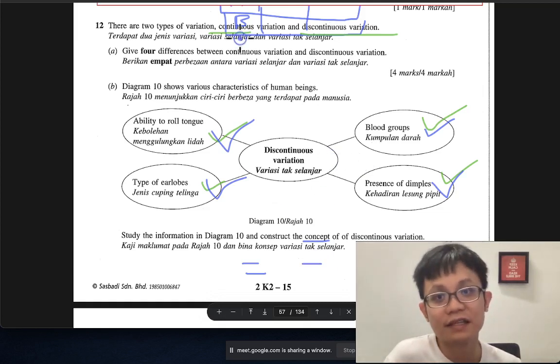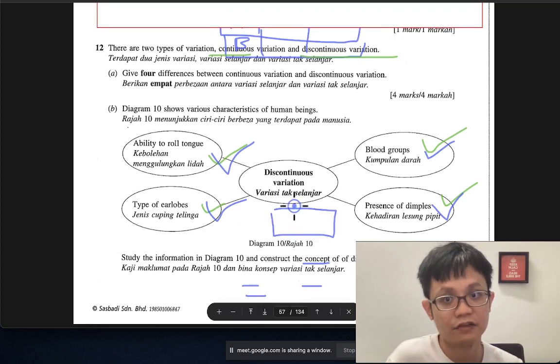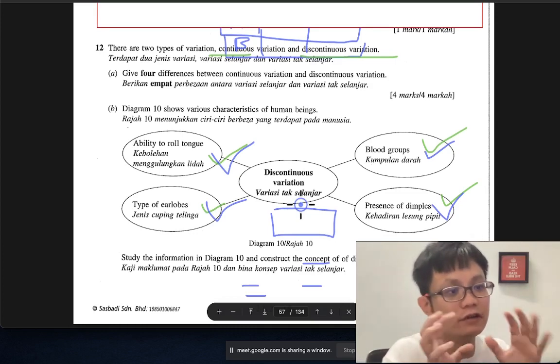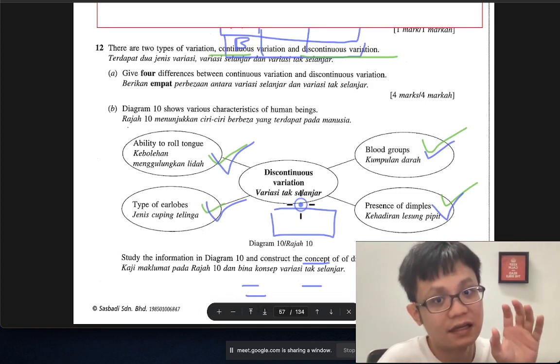Common characteristic, maybe we can say it is inherited and it is influenced by genetic factor. You get what I mean or not? Yeah, so it means that when you do this question, actually it is to be able to conceptualize